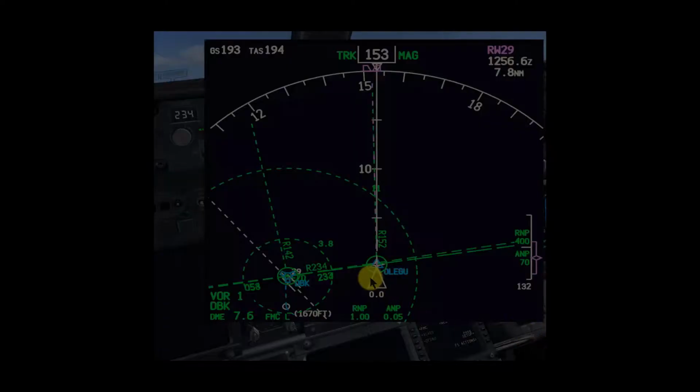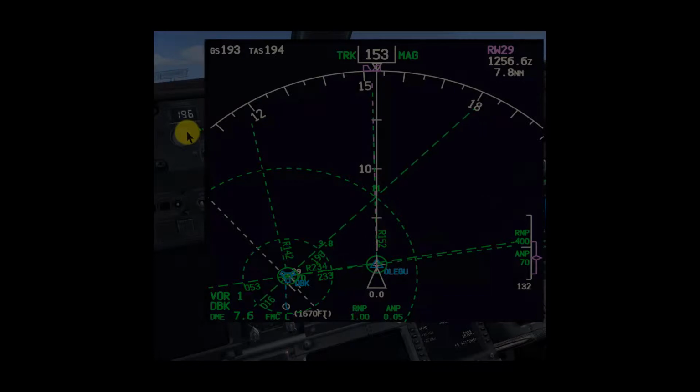So I'm at Olegu at the right height and the right speed, and I'm on a 152 heading to intersect this DME Arc. I put in an 11 DME Arc around the VOR, the Dubrovnik VOR, and the idea is to intersect that 11 DME Arc and then turn left and fly at 90 degrees for 10 degrees, at another 90 degrees for 10 degrees, and so on. So if you have a look over here,